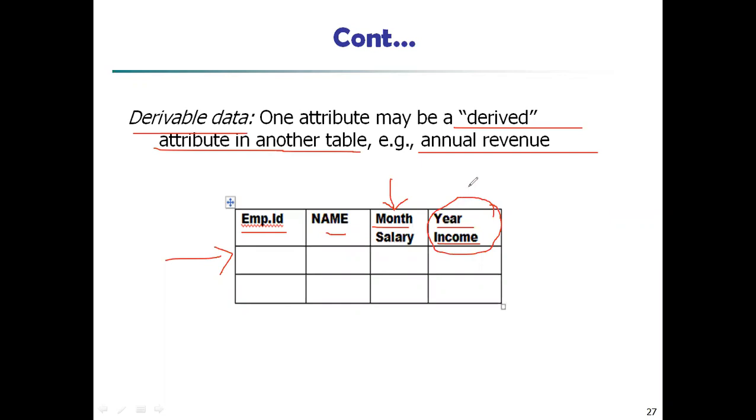If you take a table in this manner, this is also a redundant one. If one attribute is derived from another attribute, there is no need to mention such an attribute in a table. If you include it, the size of the table may increase and space is also wasted. Because of these reasons, you should avoid derived attributes.